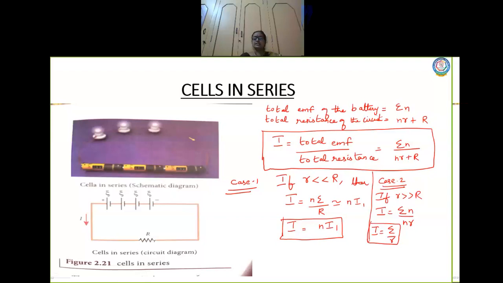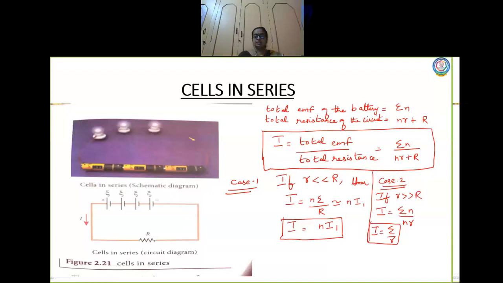So what is the conclusion we arrive at? Take your book, page number 105. There are some lines above that activity. Look at those lines. Series connection of cells is advantageous only when the effective internal resistance of the cells is negligibly small compared with R. Only for the first case is it advisable to connect cells in series rather than this case.